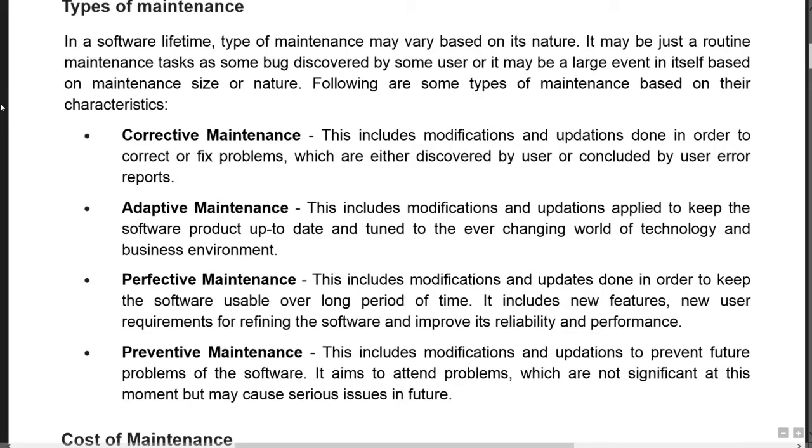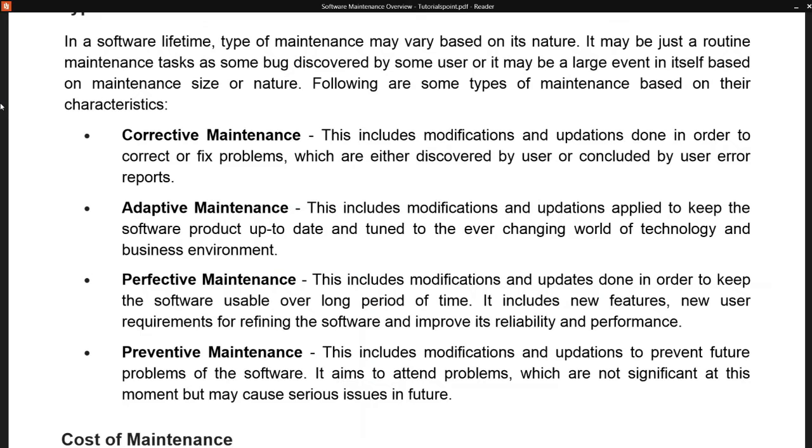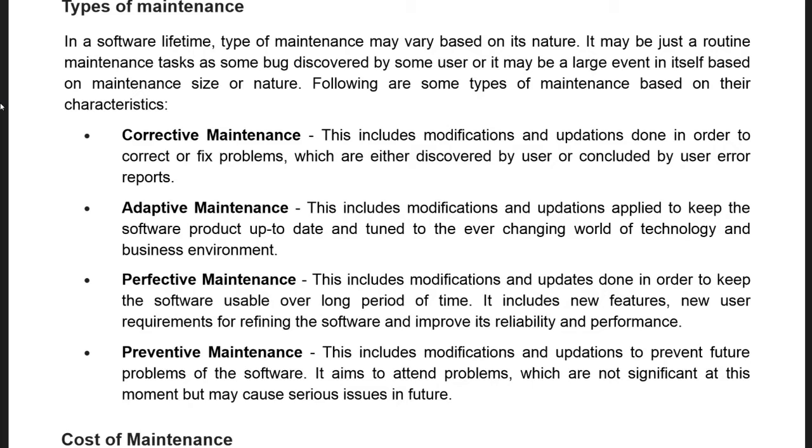Corrective maintenance means this includes modifications and updation done in order to correct or fix problems which are either discovered by user or concluded by user error reports. So you can say that